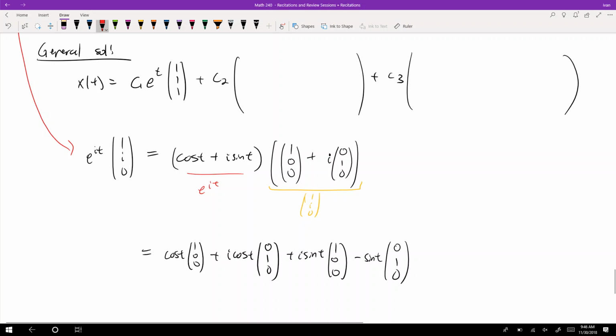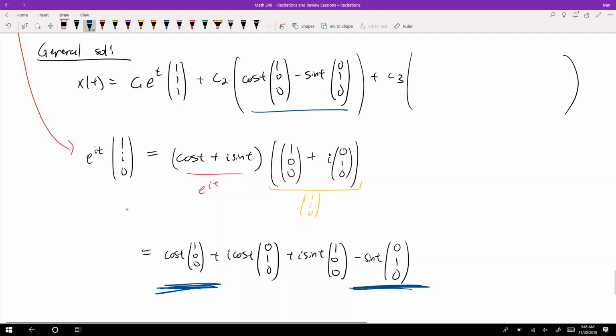Okay, so this first solution, C2, let's just make it the real guys. So it's going to be this cosine term, and then this negative sine term right here. All right, so now this is going to be cosine t 1, 0, 0 minus sine t 0, 1, 0. All right? So that's going to be one of the linearly independent solutions. And then the other linearly independent solution